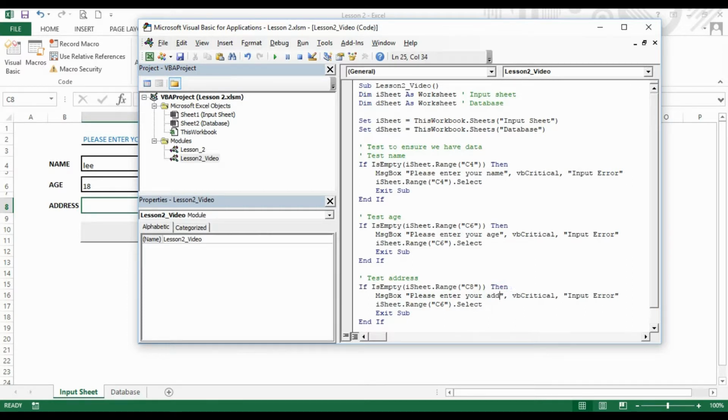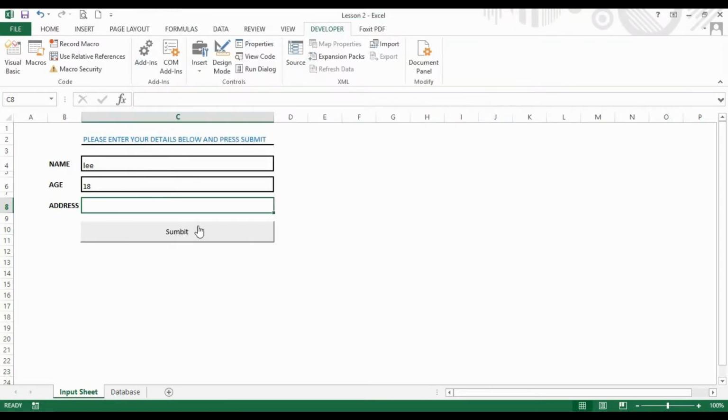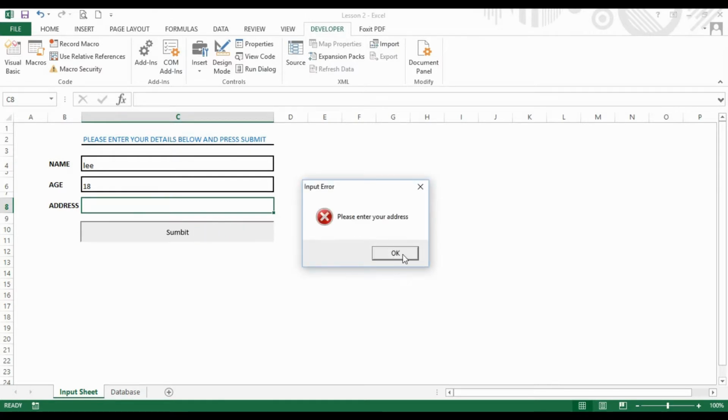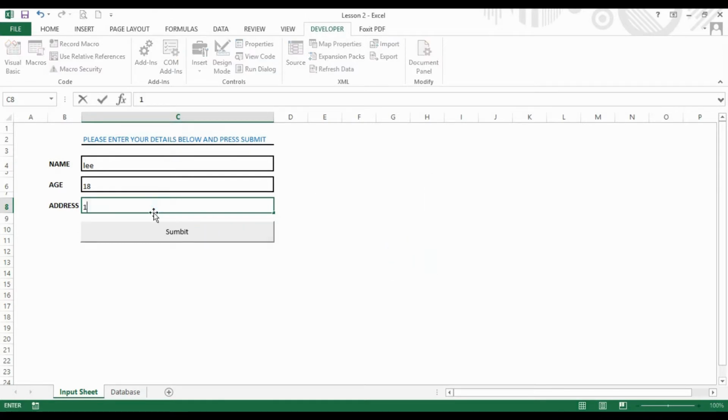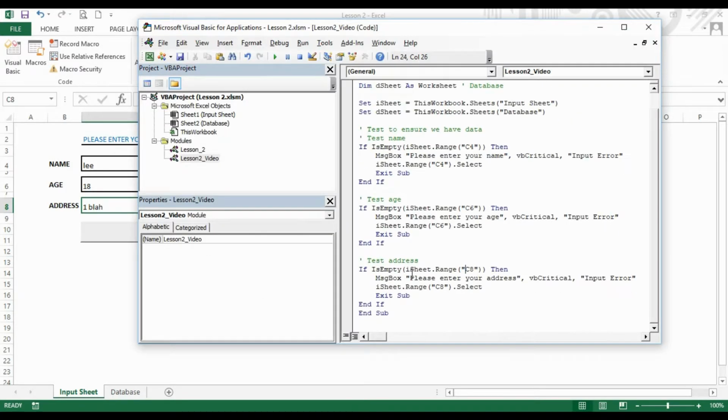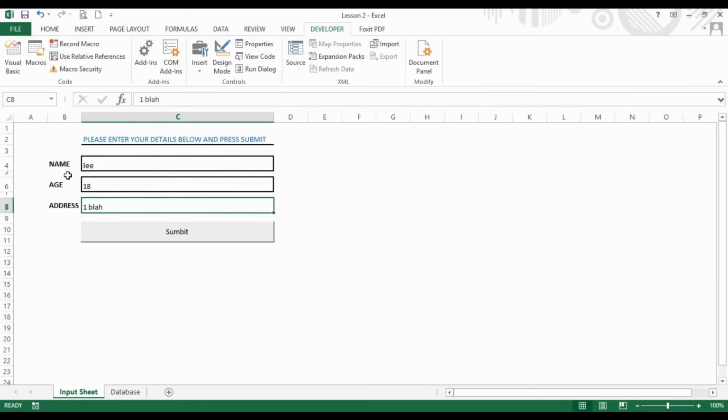Change the age to address, and we want the user to go back to C8. So submit. We know we've got name, we know we've got age. Submit, please enter your address. Okay, so 1 blah. Wonderful. We do have one little problem within this